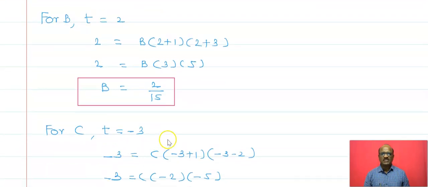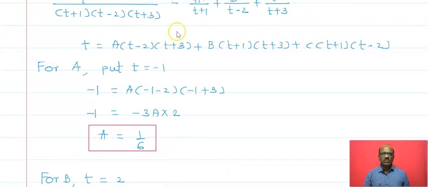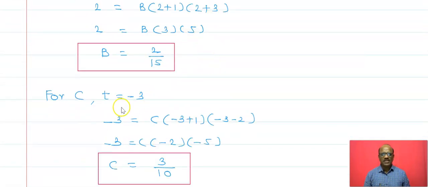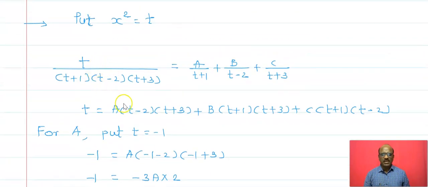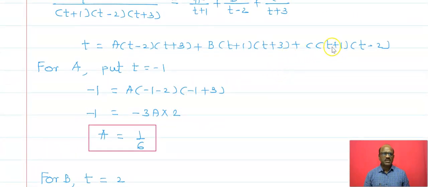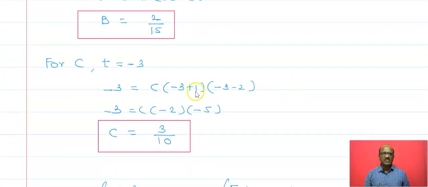And for c, to find out the value of c, what's common? a and b must be 0. a and b must be 0, so we have to put t is equal to minus 3 there. Put t equal to minus 3. If we substitute t equal to minus 3, we get minus 3 plus 1, which is minus 2, and minus 3 minus 2, which is minus 5. Minus 2 times minus 5 is plus 10. Minus 3 is equal to plus 10 multiplied by c, therefore c is equal to